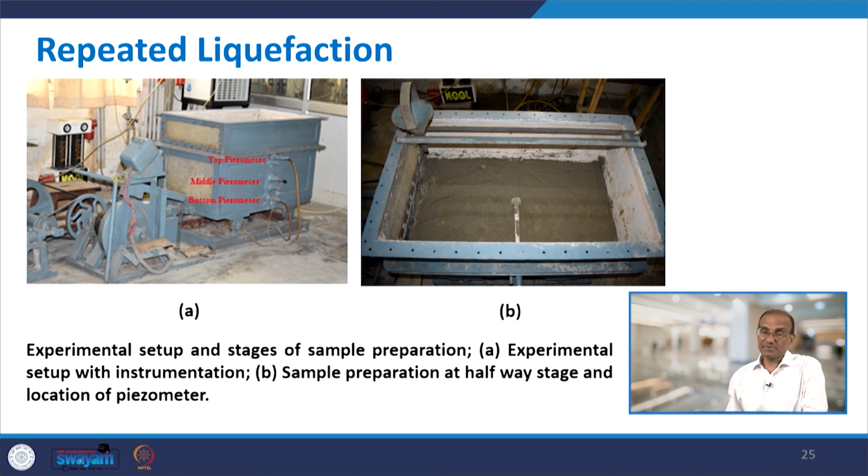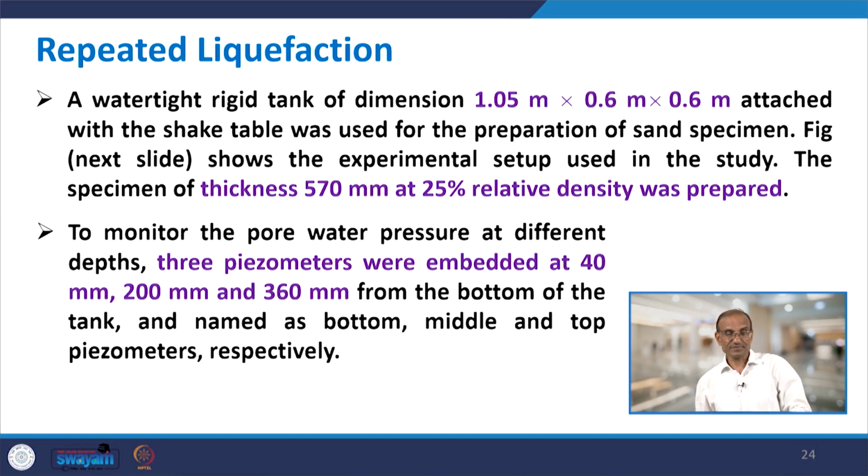What you have in this mechanism, in this table, you can move using a motor in one direction horizontally. So, it is called one direction 1D motion, horizontal direction. You can control the amplitude of the motion, that is in terms of acceleration, as well as you can control the frequency of excitation using this table. And then you have 3 tubes in this table, basically for measurement of pore water pressure at different heights. You put these at different heights and this is tested.